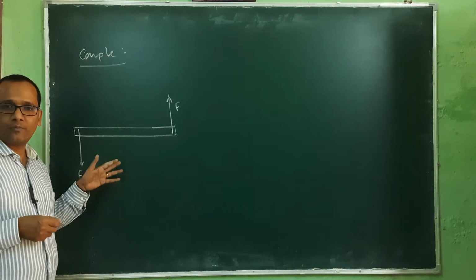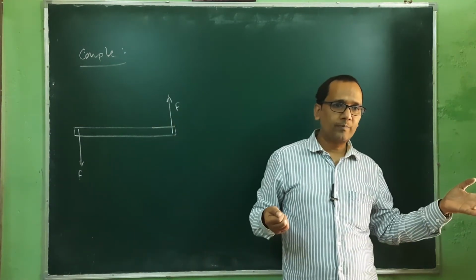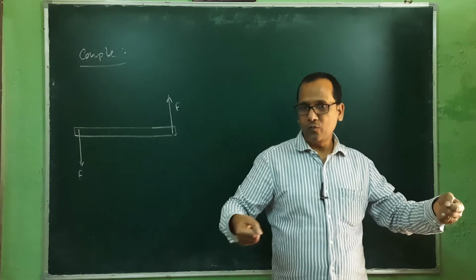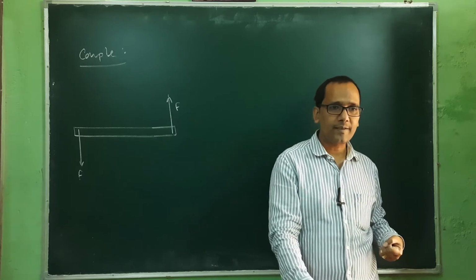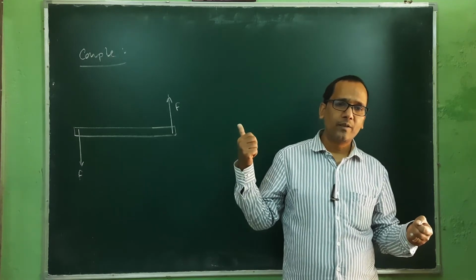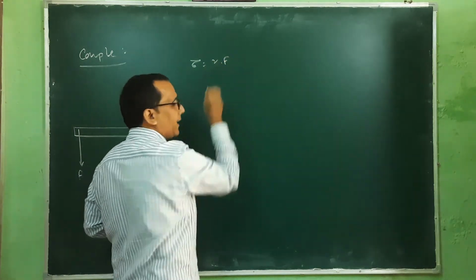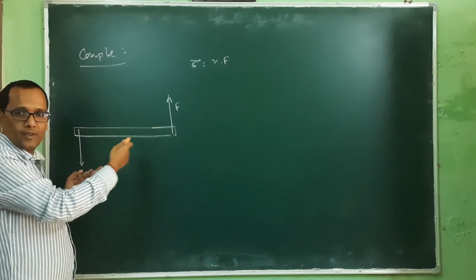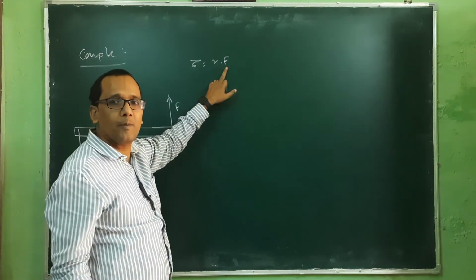A good example is the steering or the handle of your bicycle. If you want to rotate that, then one force is applied along this and another force is applied along this, and then there is one center axis. So these two forces are the couple, and that physical parameter, again represented by tau, is equivalent to r multiplied by F. R is the perpendicular distance, and F is one of the forces, because they are identical. So tau is equivalent to r multiplied by F. This is another physical parameter comparable to torque.